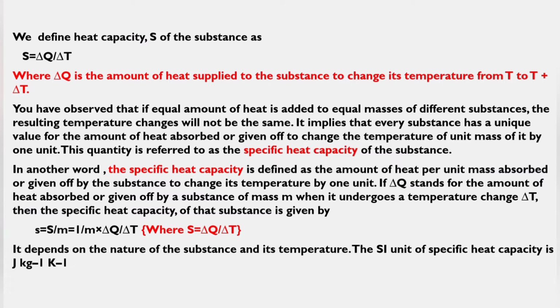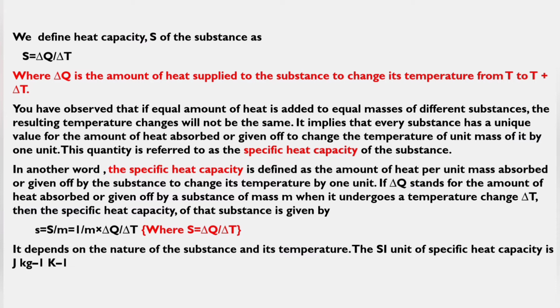If delta Q stands for the amount of heat absorbed or given off by a substance of mass m when it undergoes a temperature change delta T, then the specific heat capacity of that substance, denoted by small s, is equal to capital S upon m. Since we already know that the capital S denotes the heat capacity,